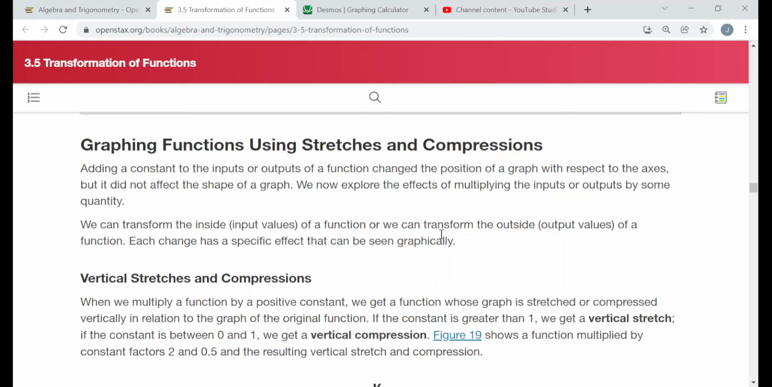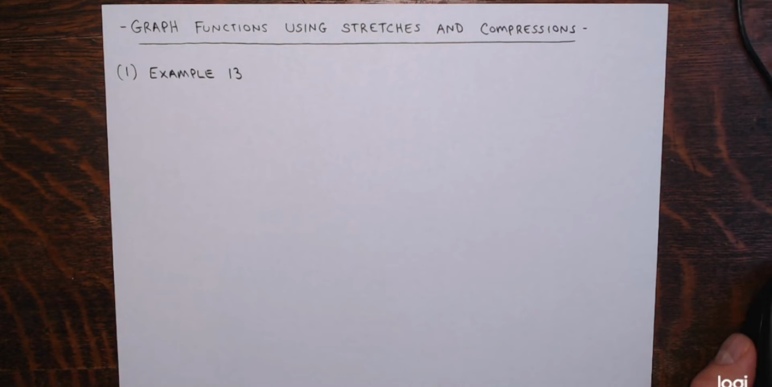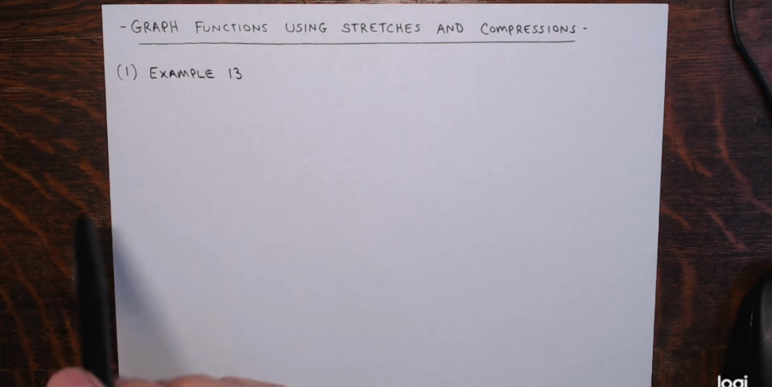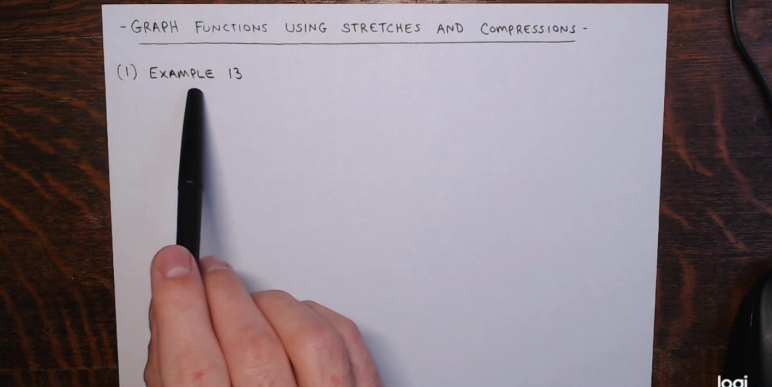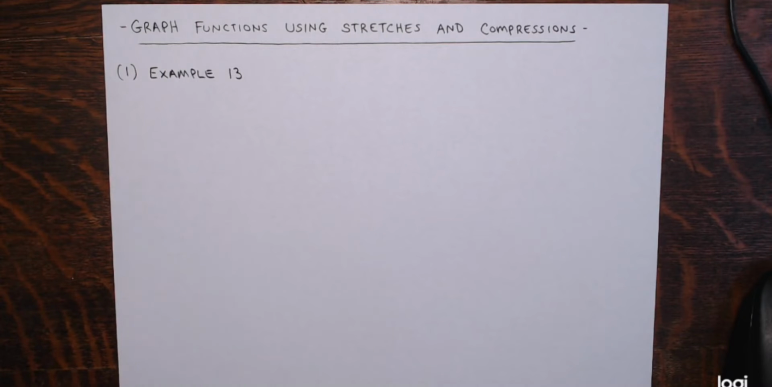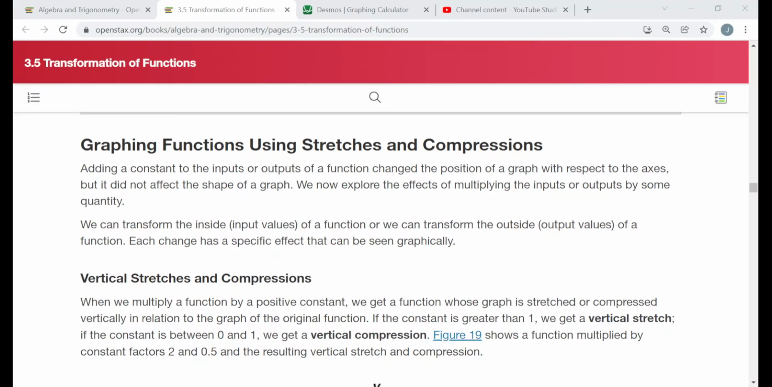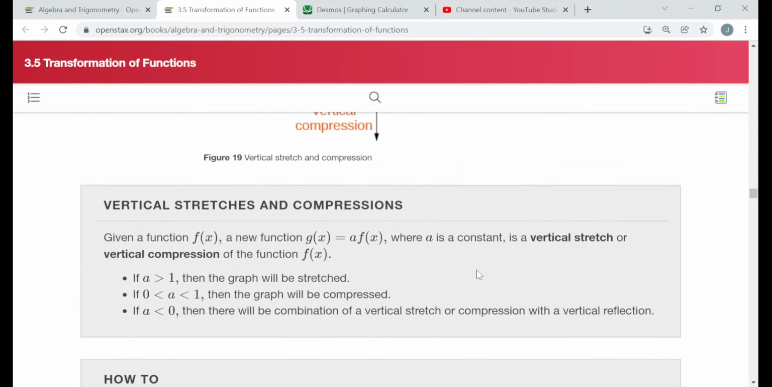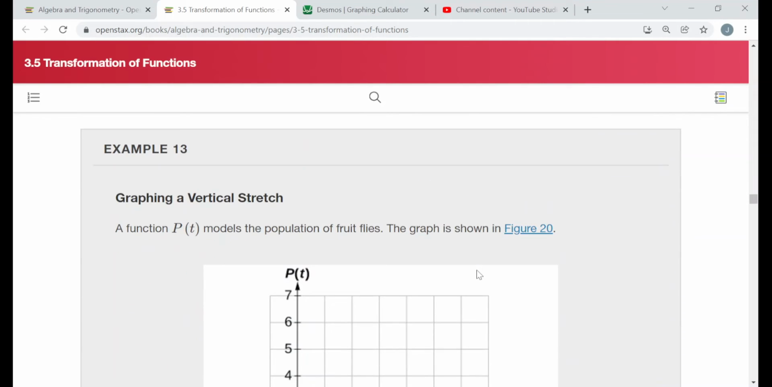Each example I do will be either an example from the reading or one of the try it problems from the reading or one of the exercises at the very end of the section related to this particular objective. So the first example I wish to do is example 13 from the text. So let's take a look. There's some stuff for you to read, of course. And here's example 13,